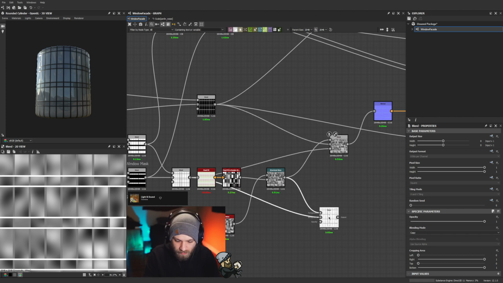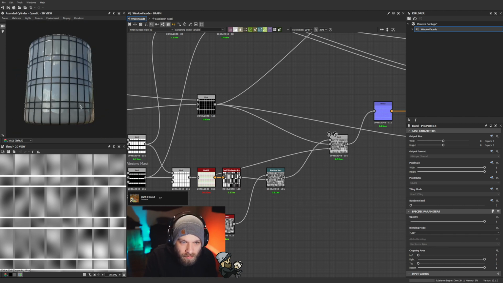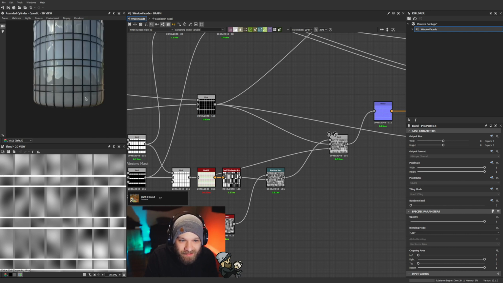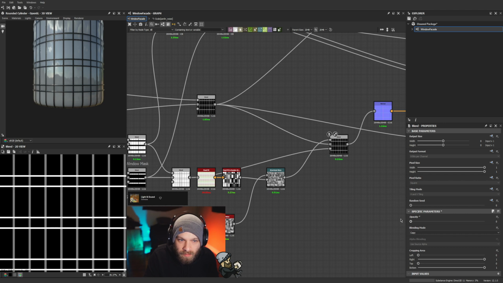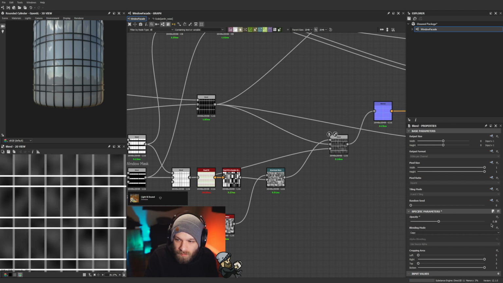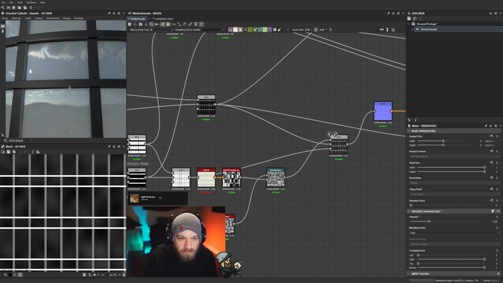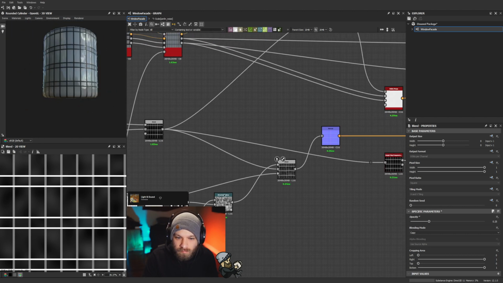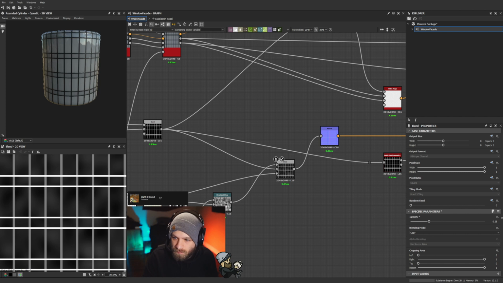So that'll be the like the most intense. We don't want that intensity. So this would be our Musgrave Intensity. And then I can actually add